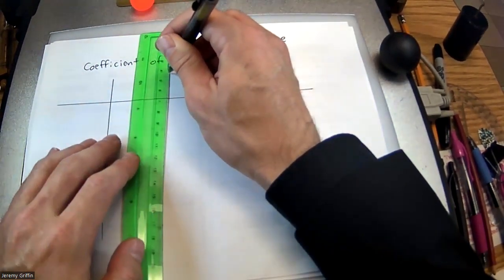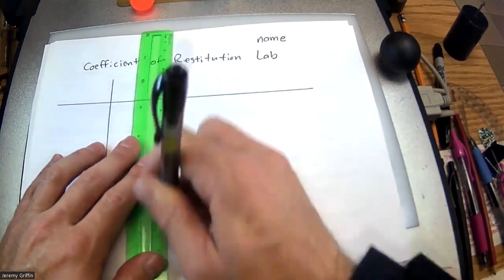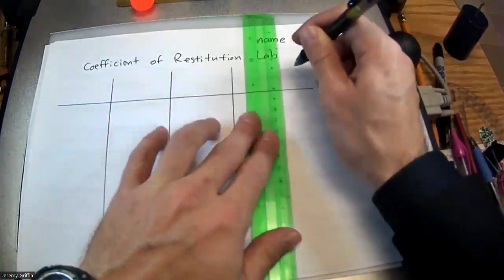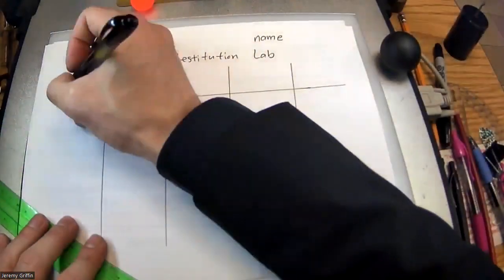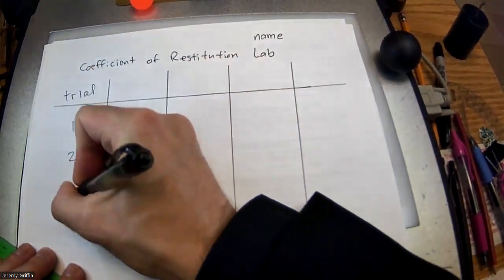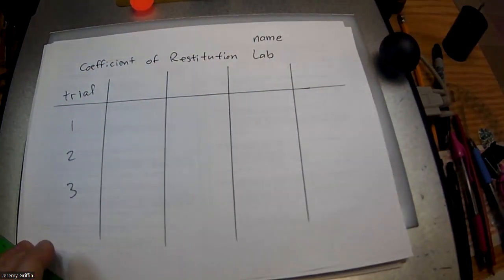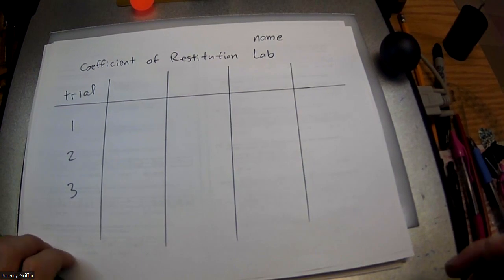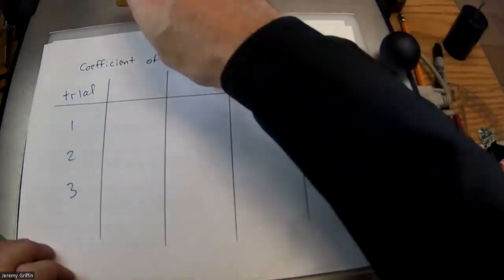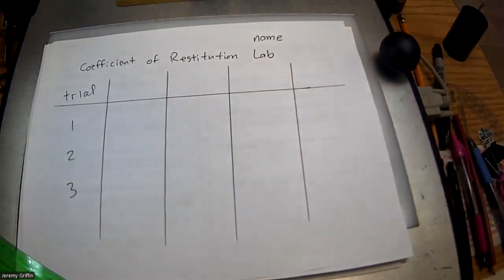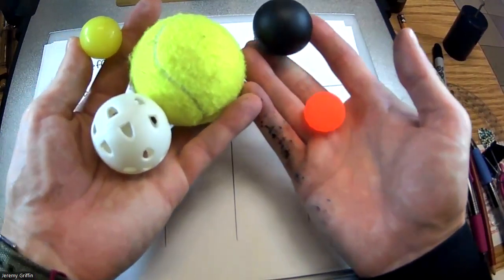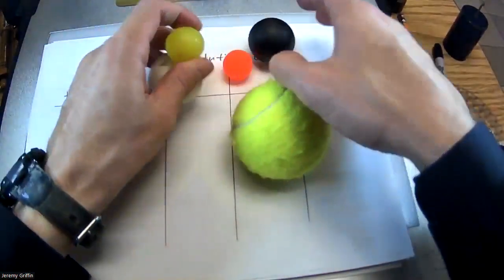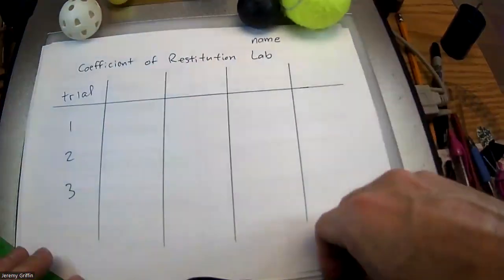All right, let's do 5 columns. How about that? 5 columns. So we're all at I think 12 minutes in here, so this would be a perfect time to do this. So pick a ball. There are a bunch of balls scattered around the lab area back there. I've got some examples here, but I have a whole bag of different balls like this back in the lab area. So pick your favorite one, with your classmates, and